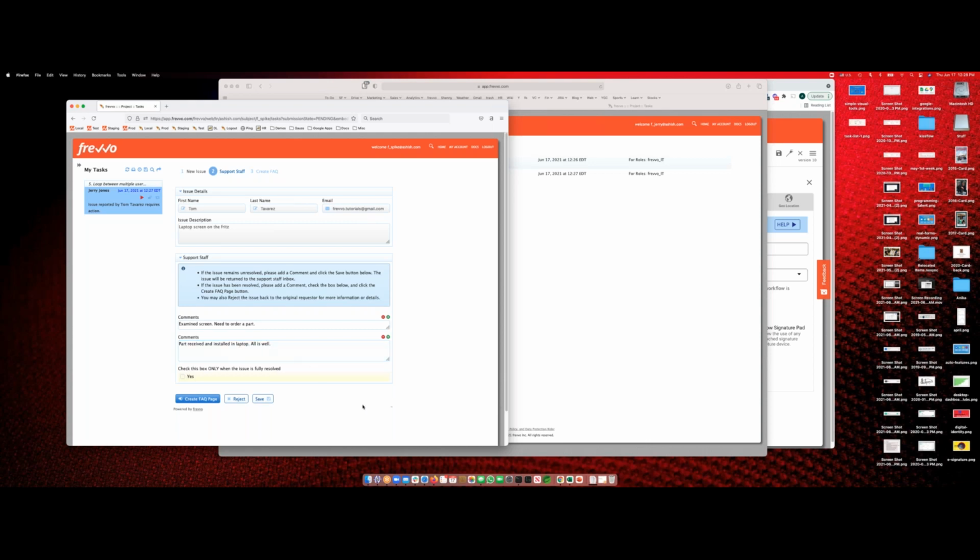Something like that in here. And now in this case, I could certainly click save once again, and it'll go right back into that Frable IT role. You can do this as many times as necessary until the issue is resolved. So in this, essentially, we're looping between multiple users in the same role, that support staff inbox, over and over